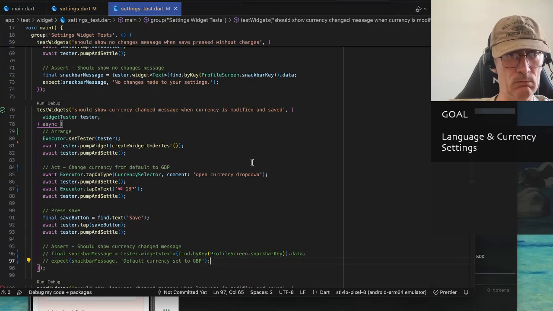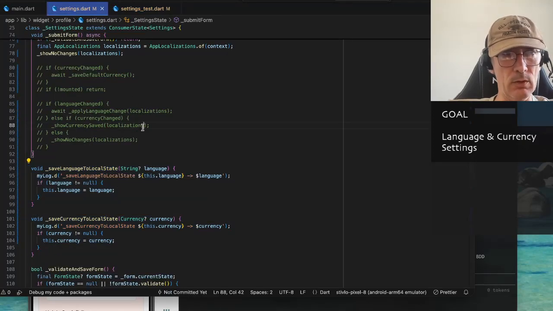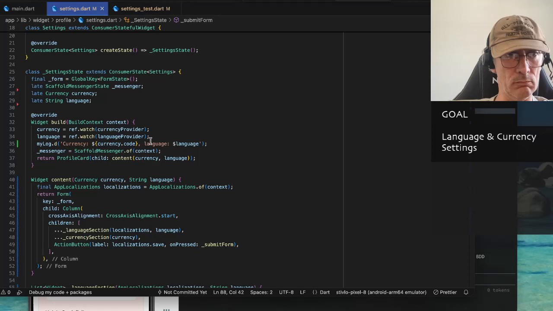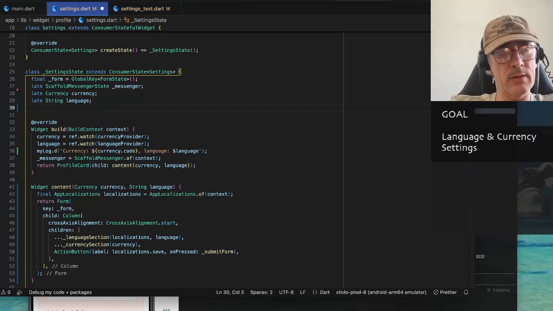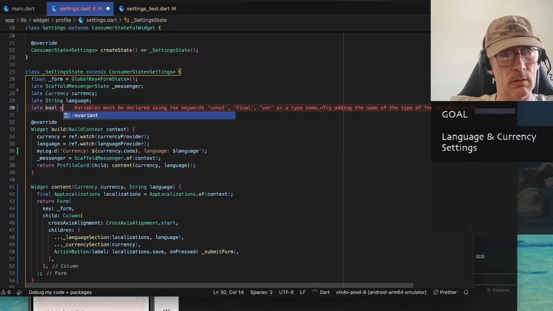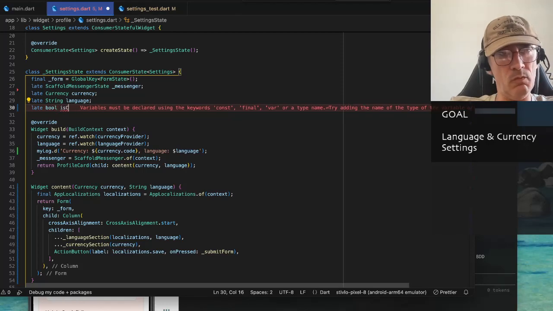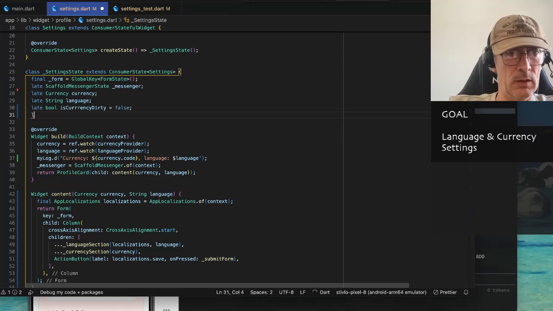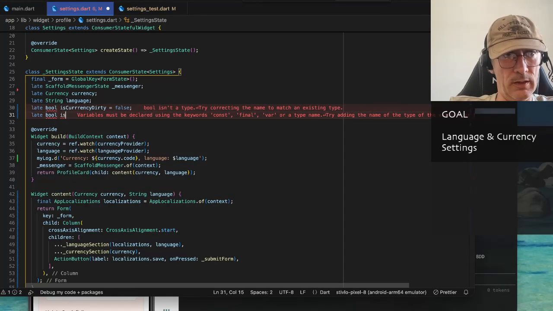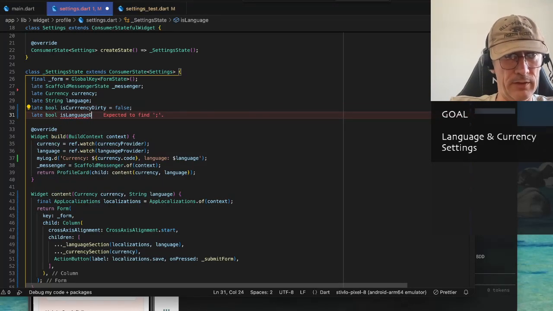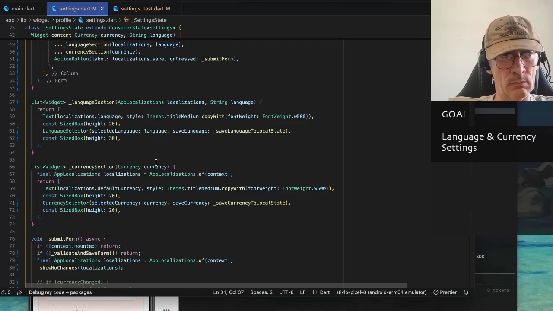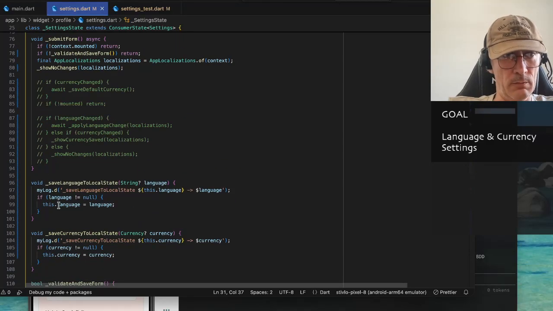So now we want to go a little bit further by saying, let's add a couple of booleans. Maybe is currency dirty? That false. And is language dirty? So modified. And it starts as false. And then here, when we change it,